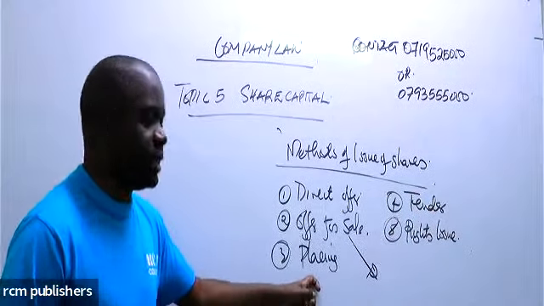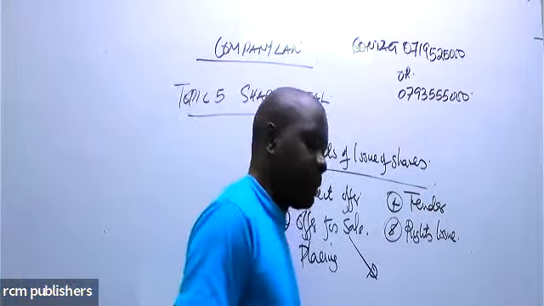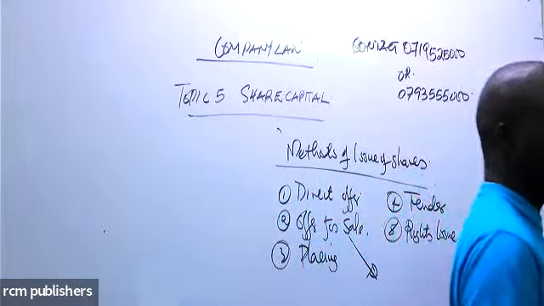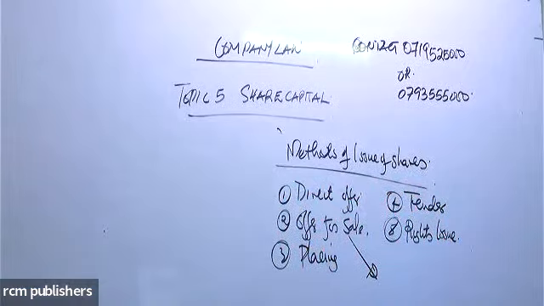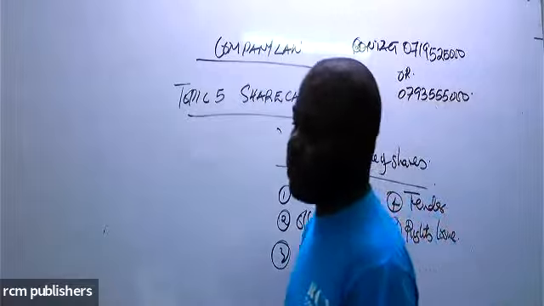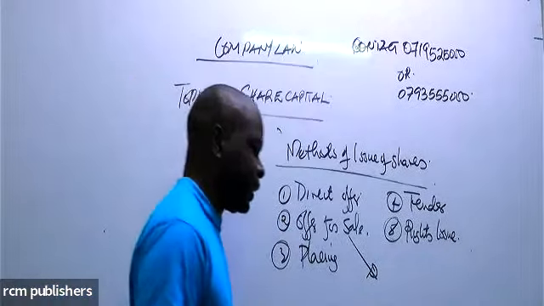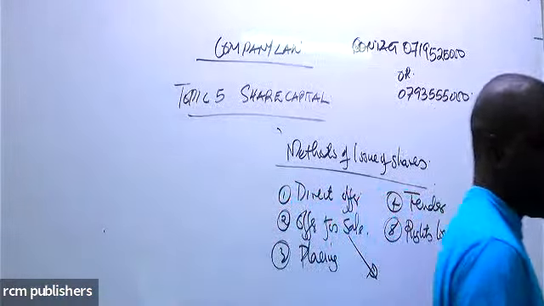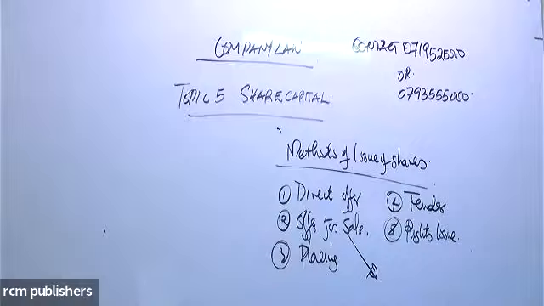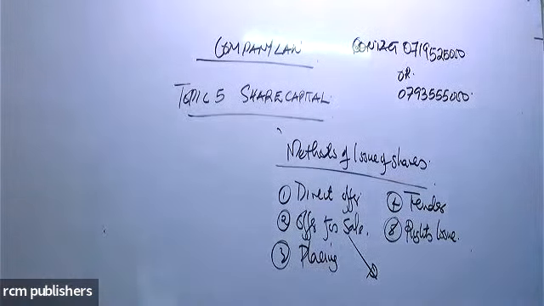Then you have placing, still the same case. The shares are given to an issuing house. The company enters an arrangement with an issuing house, which places the shares with investors within the economy who can buy the shares in very large blocks. Instead of having to wait for each and every investor in the economy,